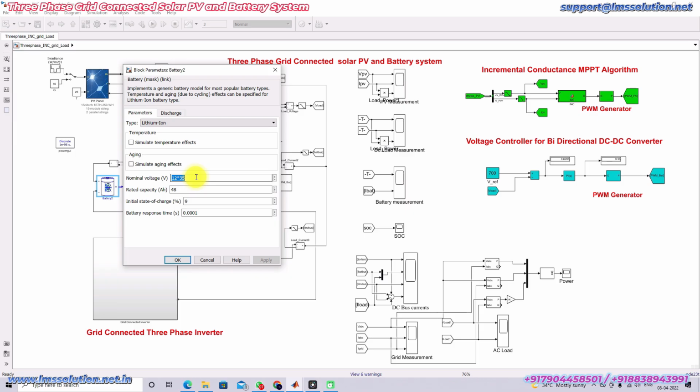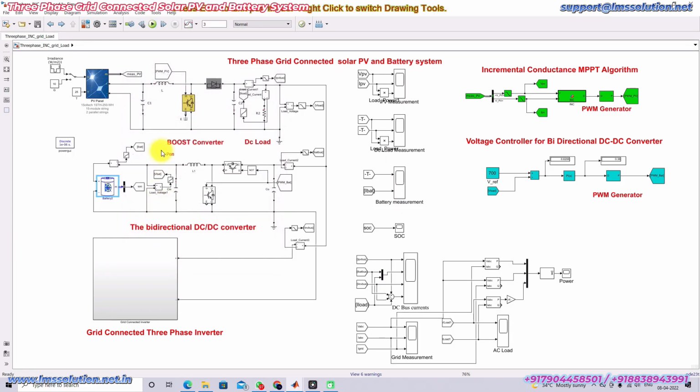That means we are connecting 35 batteries in series, with the 12 rated battery connected in series with the 35 model, and the rating of the battery is 48 Ah. And here we are using a lithium-ion battery. So here we are going to design the value of the LNC of the bidirectional converter. For that I'm going to take the voltages 12 into 35, and then the power rating I'm going to consider